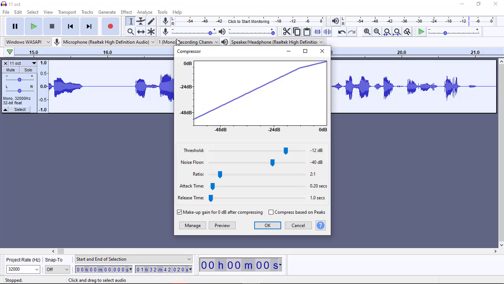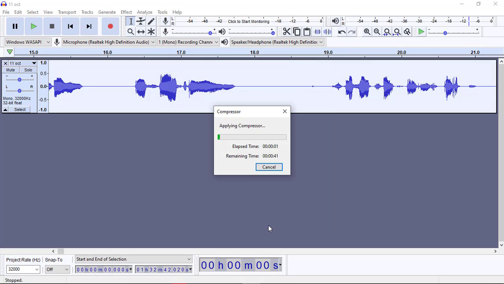So by using the compressor, you select everything, and then you go to effects, select the compressor, and click on OK, and then it will begin to compress the whole audio for you. It will balance everything up for you, and we can see what is happening over here. It is applying the compressor, okay, and